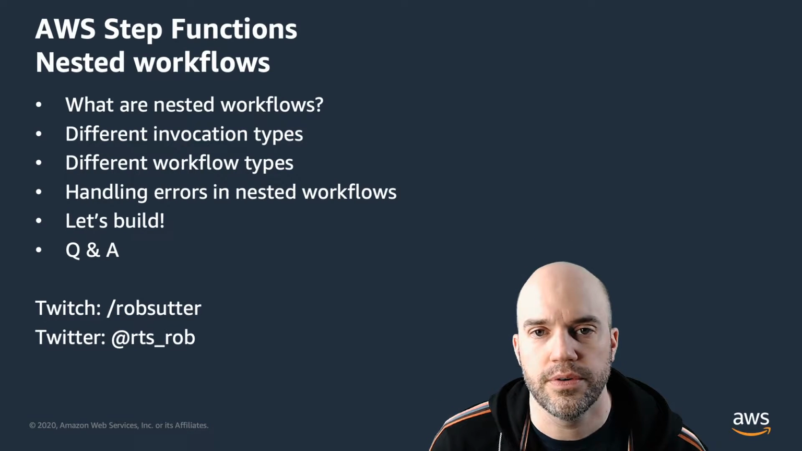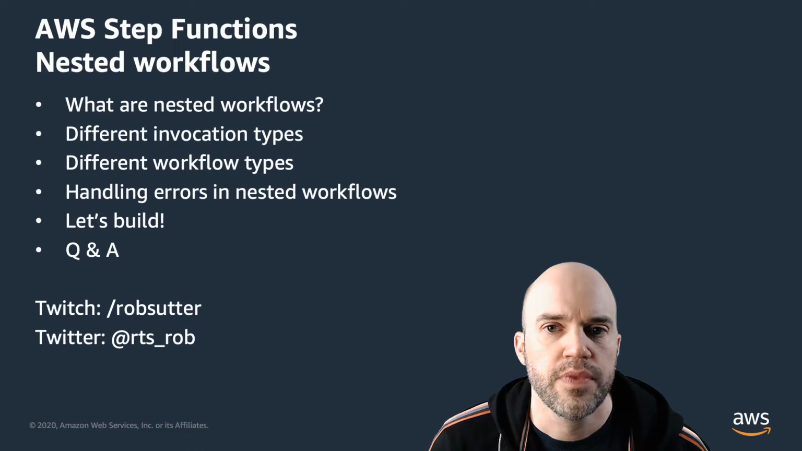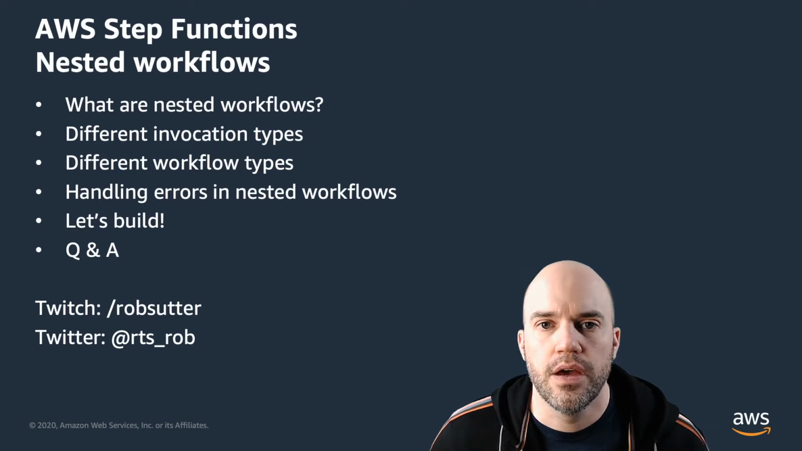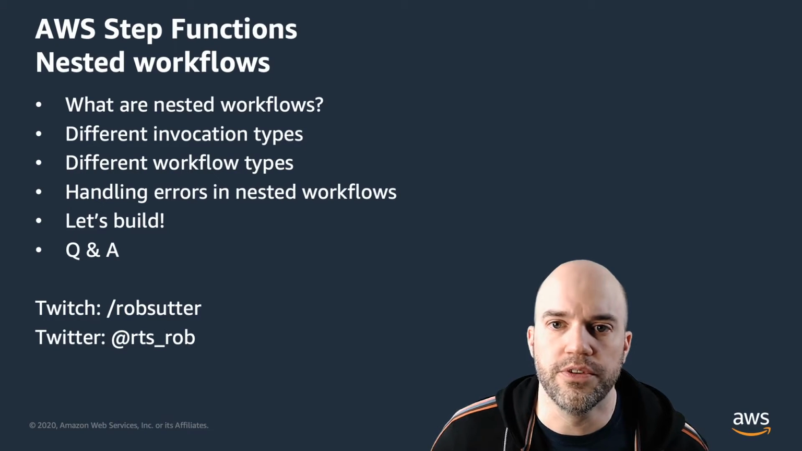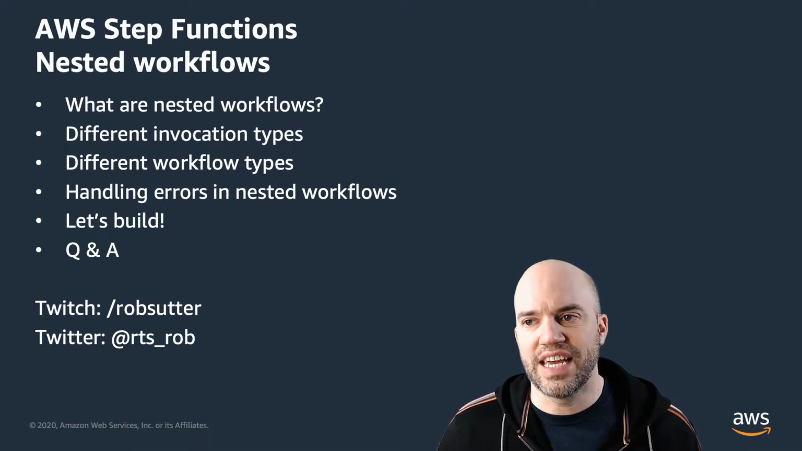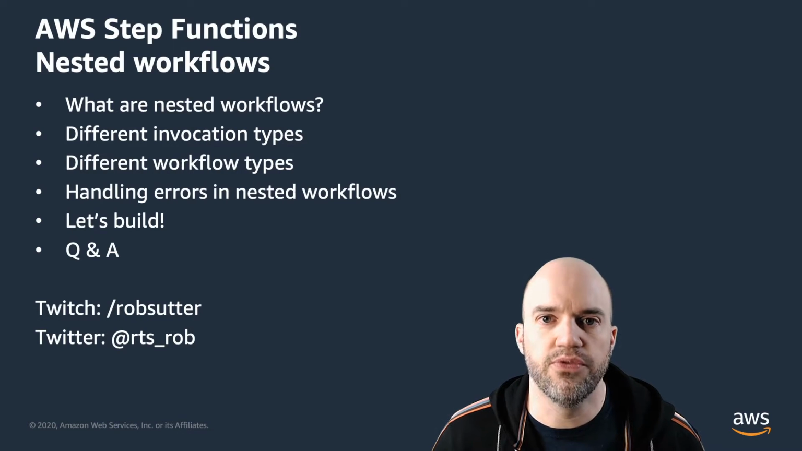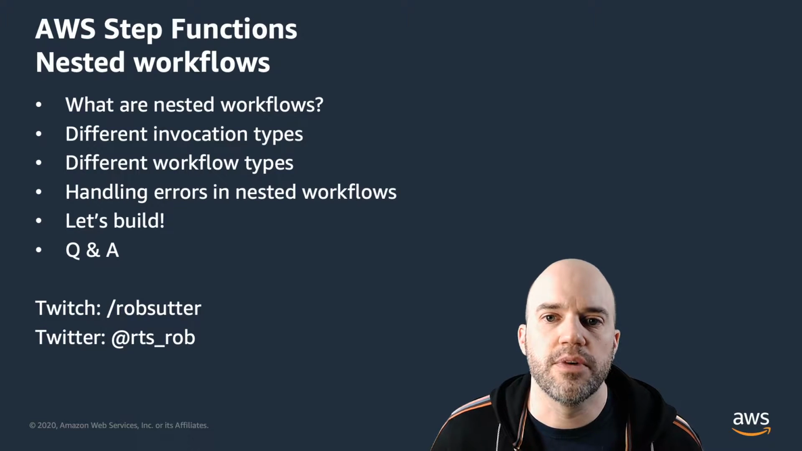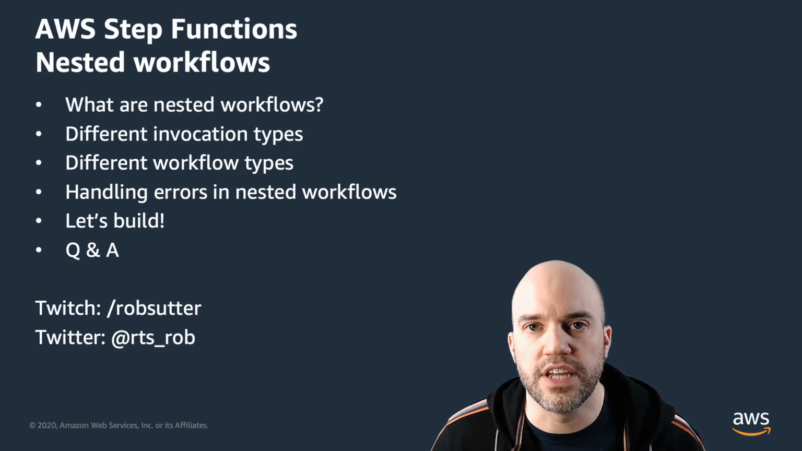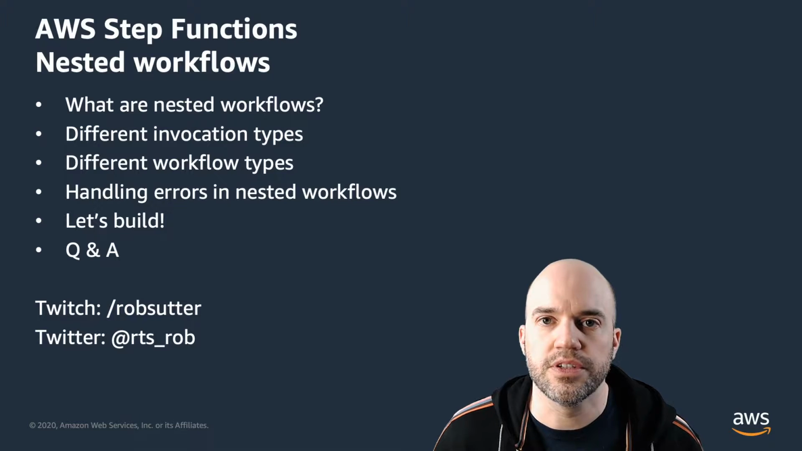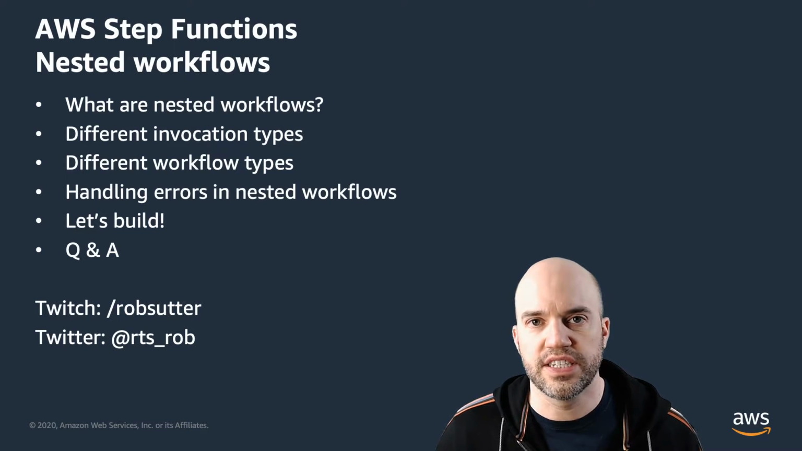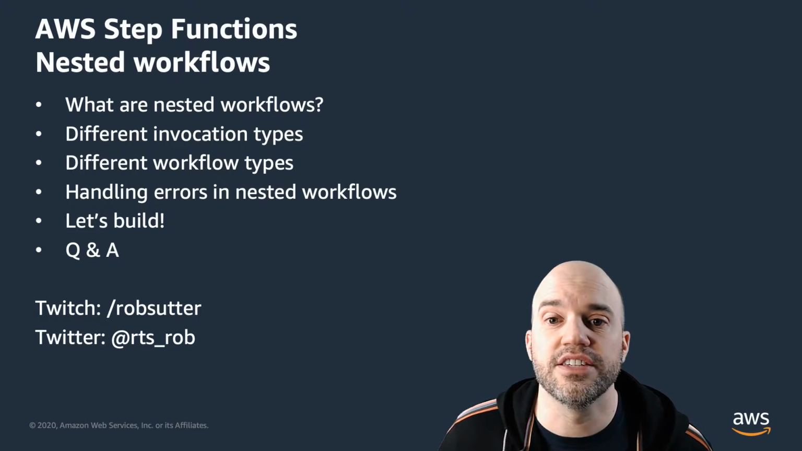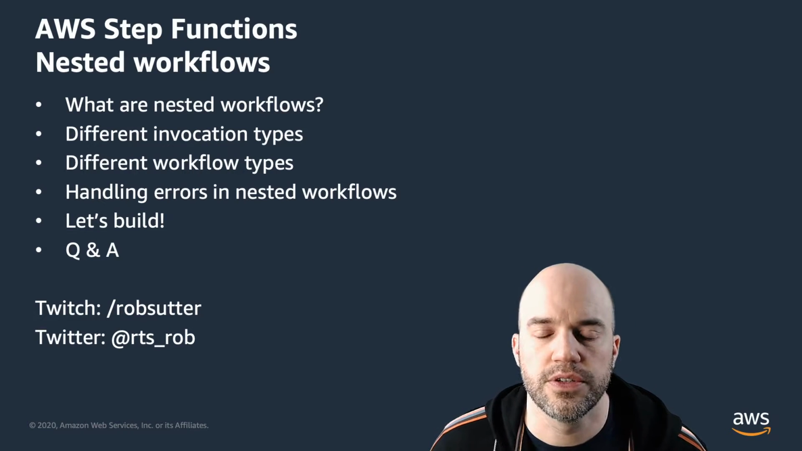Here's a quick overview of what we're going to do. What are nested workflows? We'll talk about specifically how you define them, why you would use them, and when you would use them. We'll talk about the different invocation types, and we've talked about this before, but it's more or less fire and forget, synchronous, and asynchronous. We'll talk about the different workflow types, so standard workflows and express workflows, how they work together, which ones can invoke the others, etc. And then we'll talk about special considerations for handling errors in nested workflows,